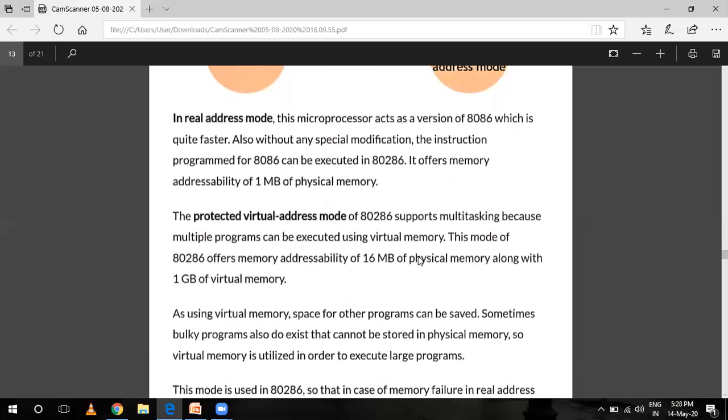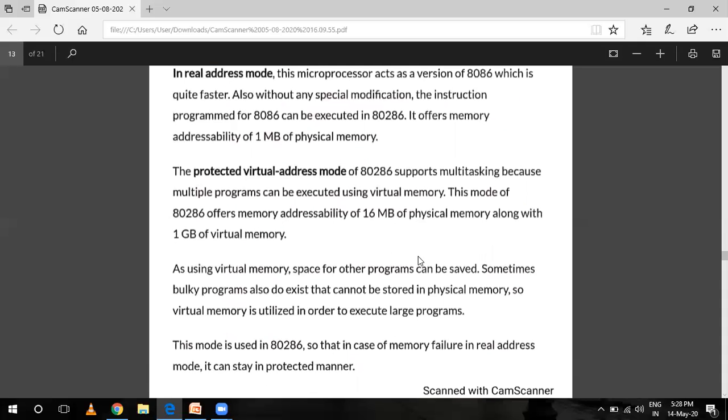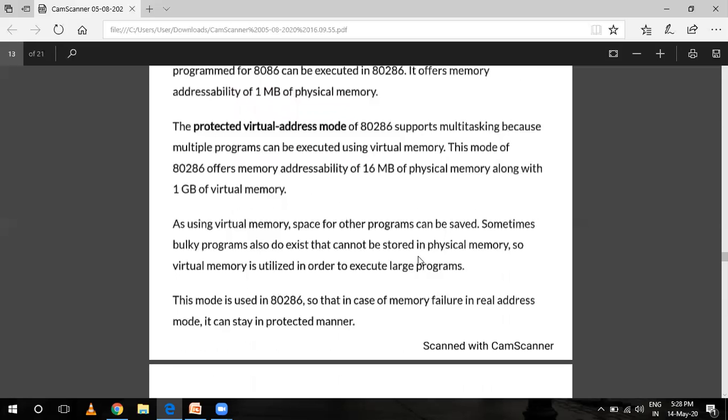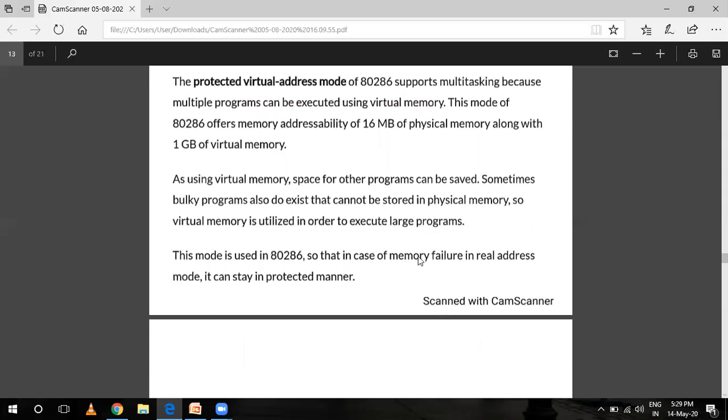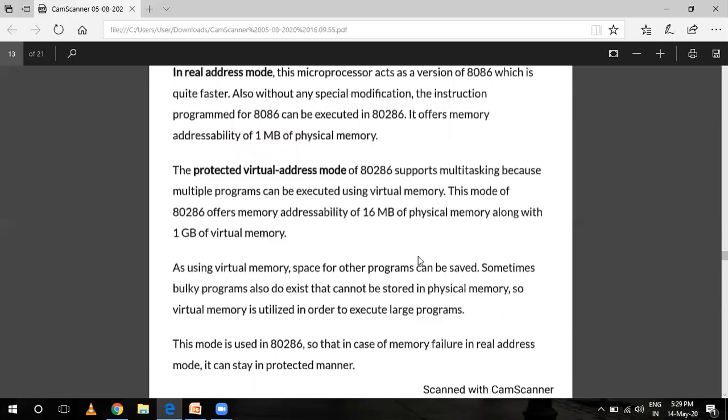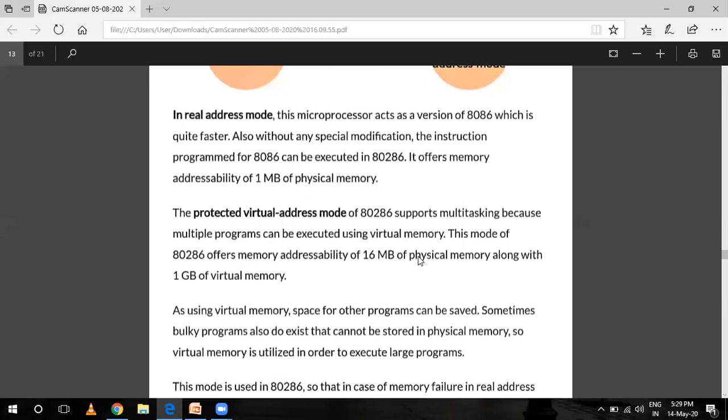And you know what do you mean by virtual memory? Virtual memory is nothing, just a part of the hard disk which can be utilized for storing large instructions inside the system. This extra memory can be addressed by the computer other than the physical memory, or when there exists an instruction that is to be loaded in memory but whose size is greater than the provided physical memory, then some part of the hard disk is used to store that instruction, which is known as virtual memory. So we covered the virtual memory concept in the last video also. So you can add that virtual memory concept here as well.